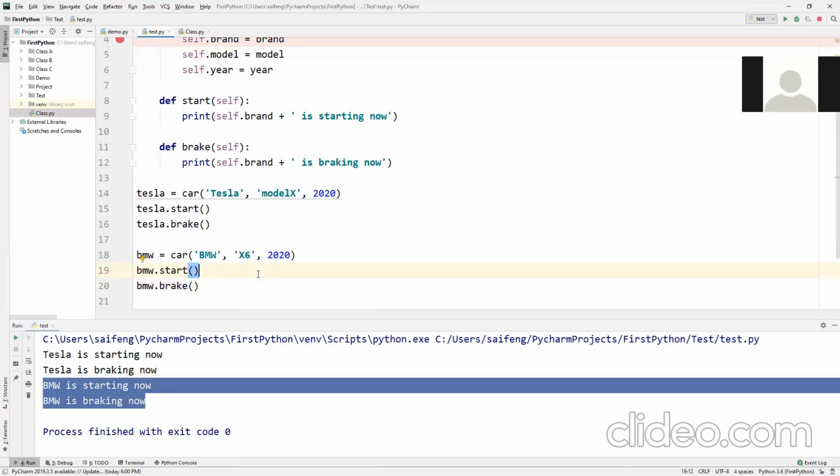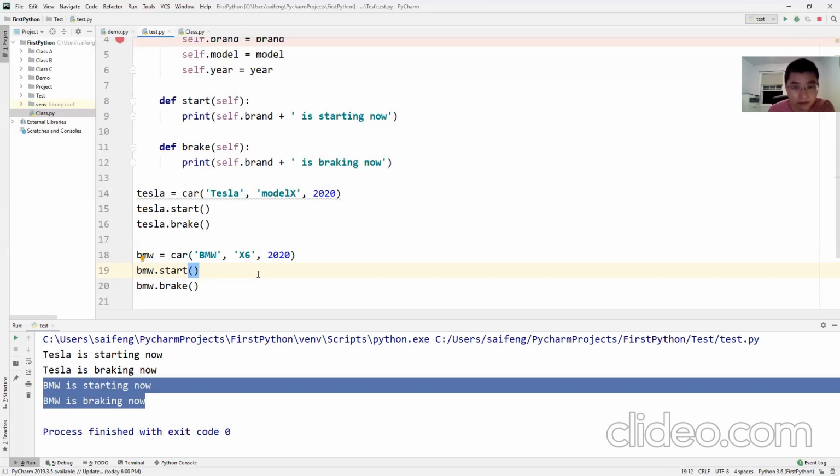What's the point of adding start and break? It means they are the common functions that belong to the class. What do you mean, common function? Every car has a start and break function. Should have. Do you agree? Yeah. Okay. Just like a human: if you have a human or person class, besides those static properties, height, weight, gender, age, name, it also needs some functions. Like what? Sleep, eat,